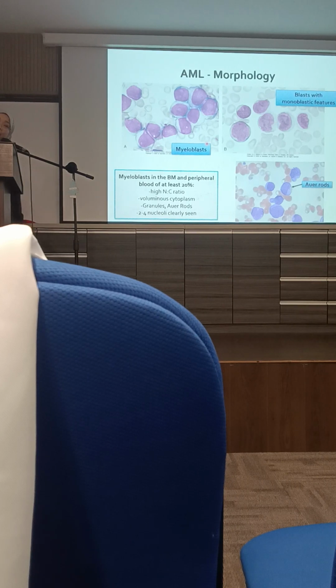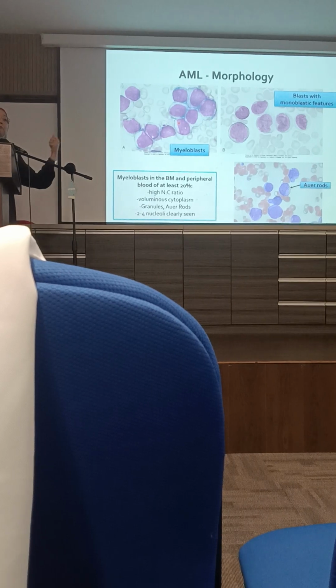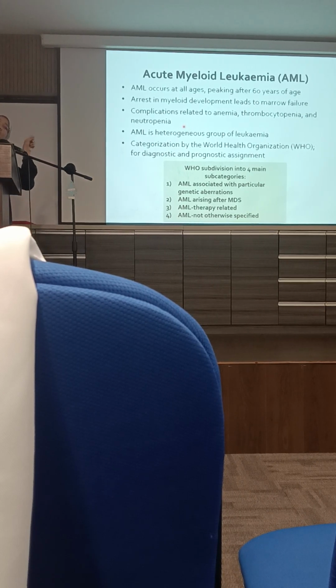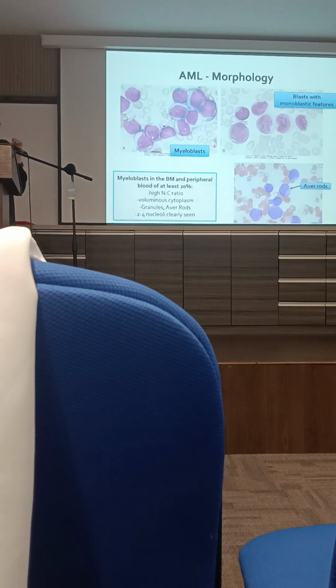You tak ingat perkataan myeloblast ni, suffice for you to know AML is the neoplastic cells are made out of blast cells. Blasts. Right, so these are your blasts. Big nucleus, yes, large nucleus. Cytoplasm, sikit, banyak, a bit more. A bit more. Okay, so nanti compare dengan yang the first type of blast tadi. Okay, compare